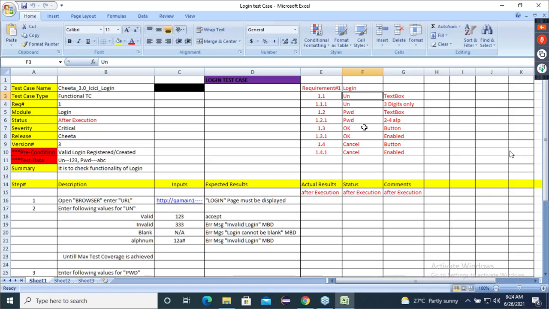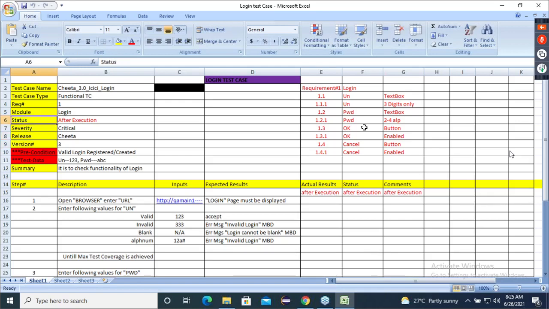Now observe this. When I say we have to start writing the test cases, assume, listen carefully, that there is nothing called precondition and test data. Is it clear? Again, I'm repeating. Assume there are no attributes called precondition and test data.